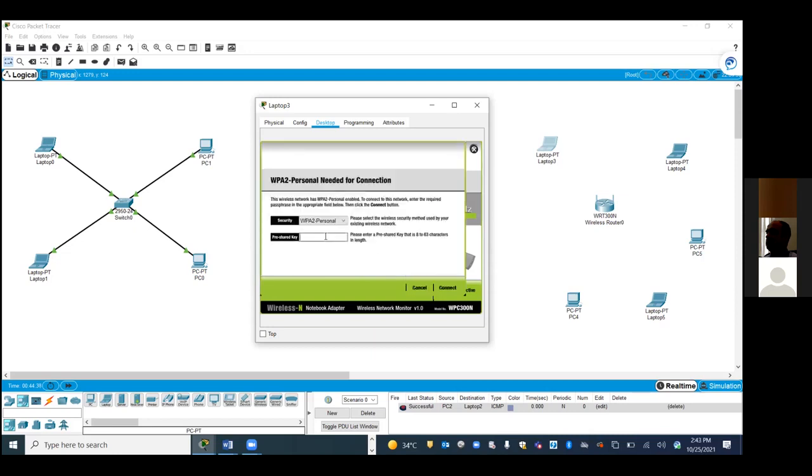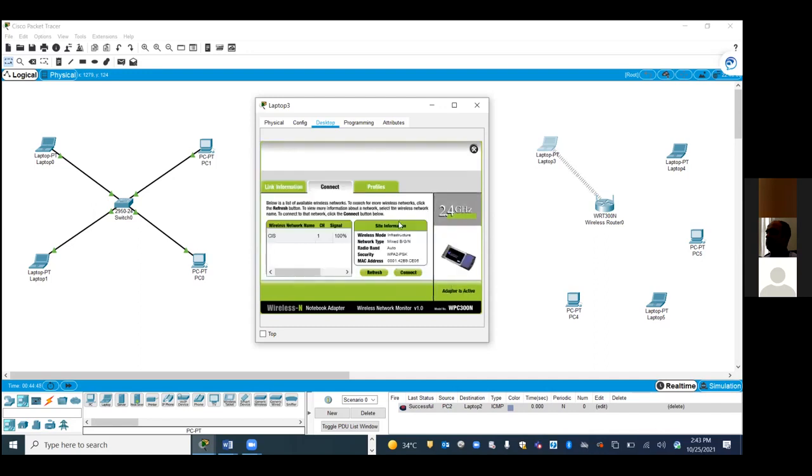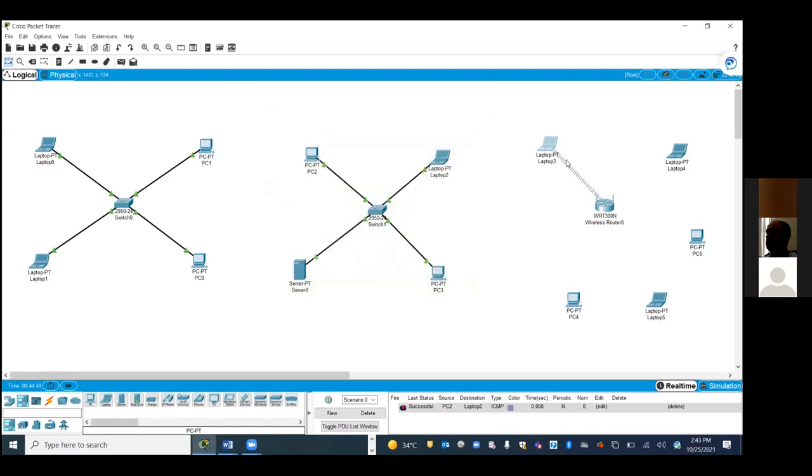Now it's secure. Any person who does not know the password cannot connect to our network, because your wireless is secure. What is the password? 1, 2, 3, 4, 5, 6, 7, 8. And connect. See, this got connected, right? Similarly, connect other devices.